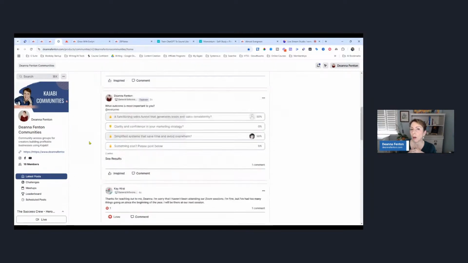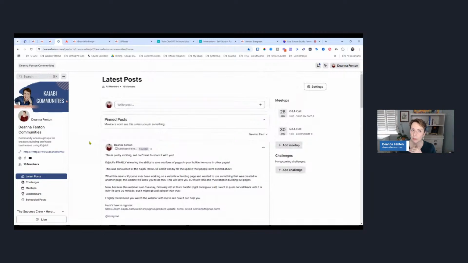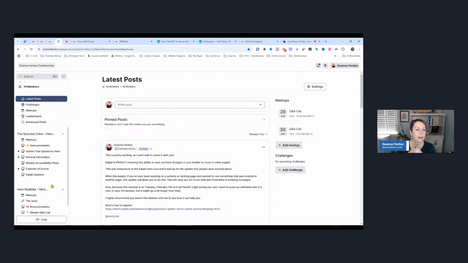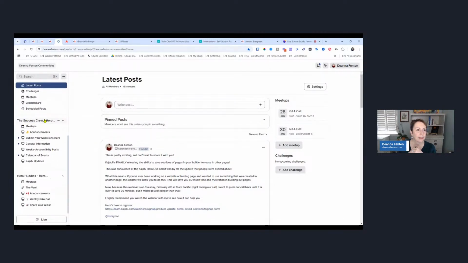Hero Huddles will only see posts for Hero Huddles. So now again, if I scroll down, this is an access group that has their own meetups, their own announcements, and these are circles.